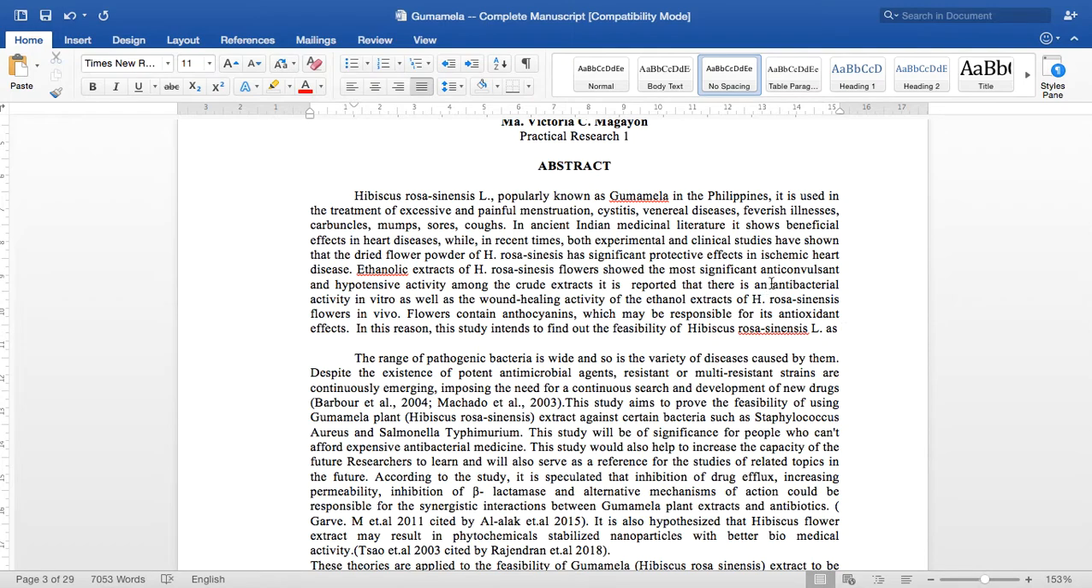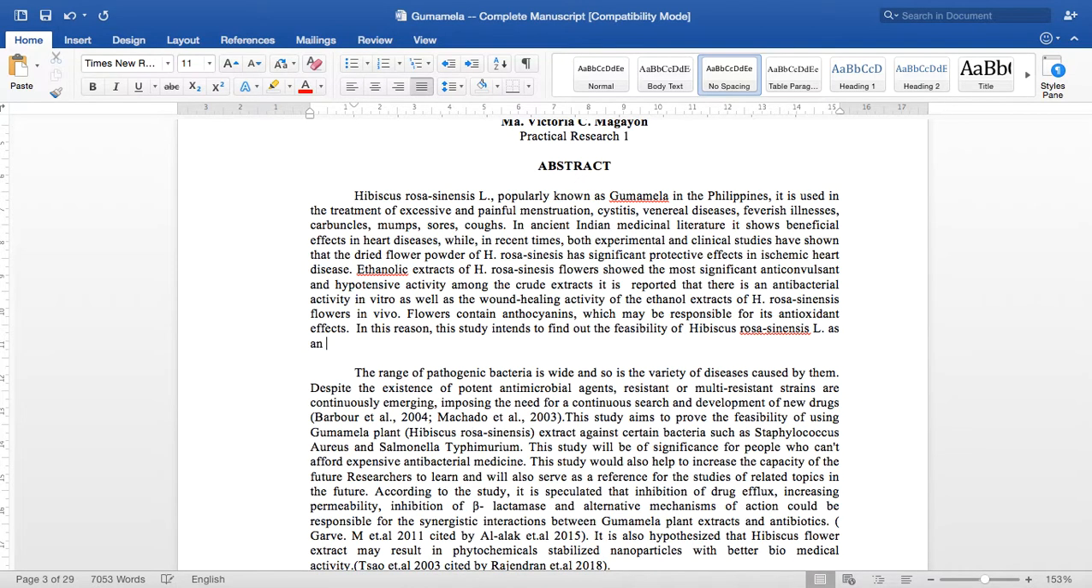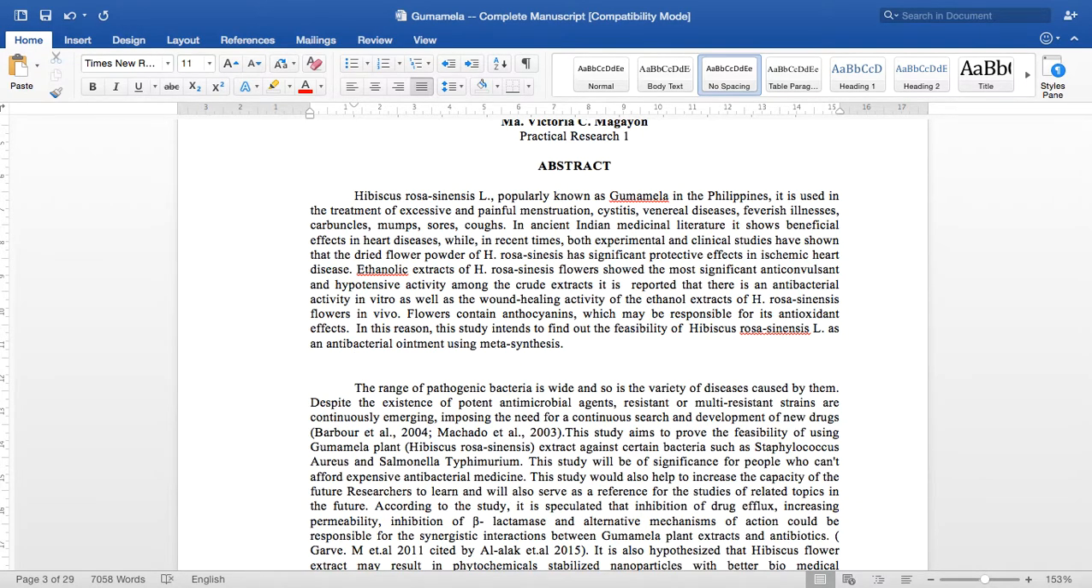as an anti as an antibacterial ointment. Okay. Using metasynthesis. Okay. Then, so, you have already the rationale, and then the problematic,